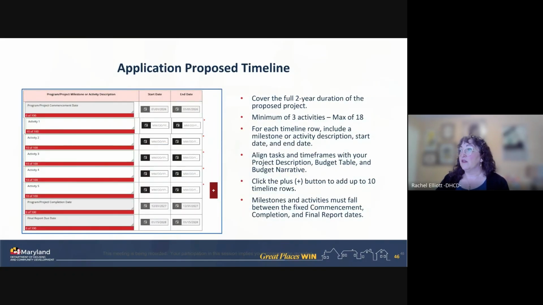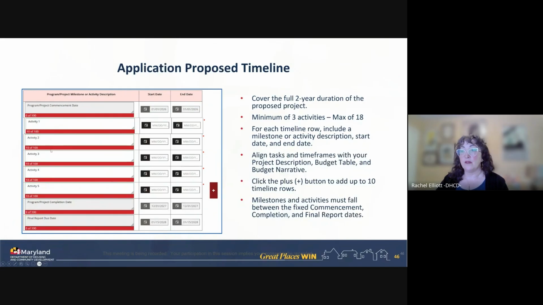The next section is the proposal timeline, and this is important because it's part of how we are going to create your agreement over time so that we can track the outcomes that you are putting in here. We only require 3 activities.